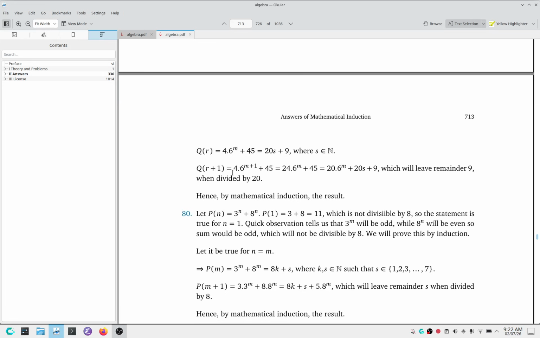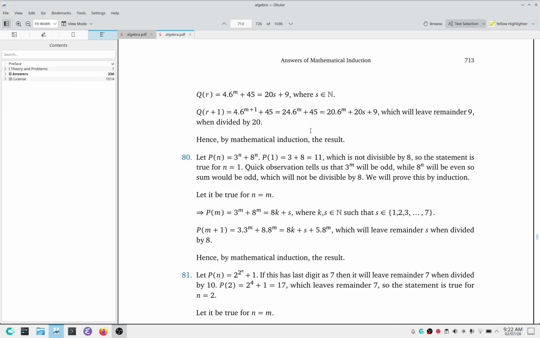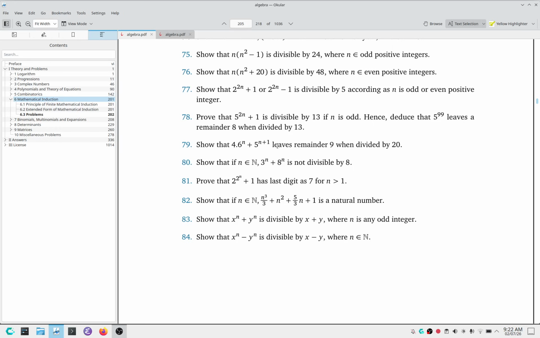And q of r plus 1 is equal, this should be n plus 1. 4 times 6 raised to the power m plus 1 plus 45, which is equal to 20 times 6 to the power m plus 20s plus 9, which leaves a remainder 9 when divided by 20, and hence by induction we have the result. Question 80 says that show that for n in set of natural numbers 3 to the